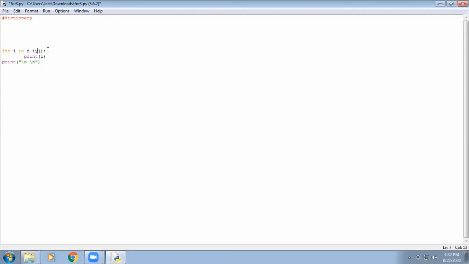As you all know that in items we are printing both key and values, the key value pair. So we'll be using two iterating variables instead of one. So in place of always I'll be